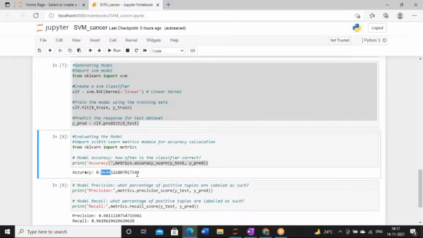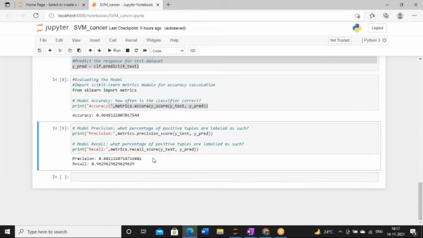But after getting the accuracy, for further evaluation, you can also check the precision and recall of the model. Now this thing is something different. Here we have two parameters, precision and recall. For calculating the precision score, we have to use precision_score. This is the function. And for applying recall, we have to use the function recall_score.